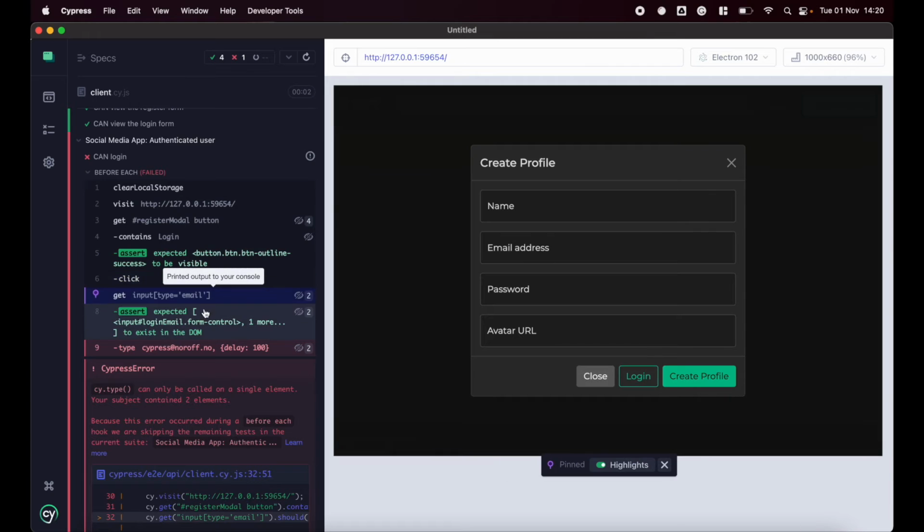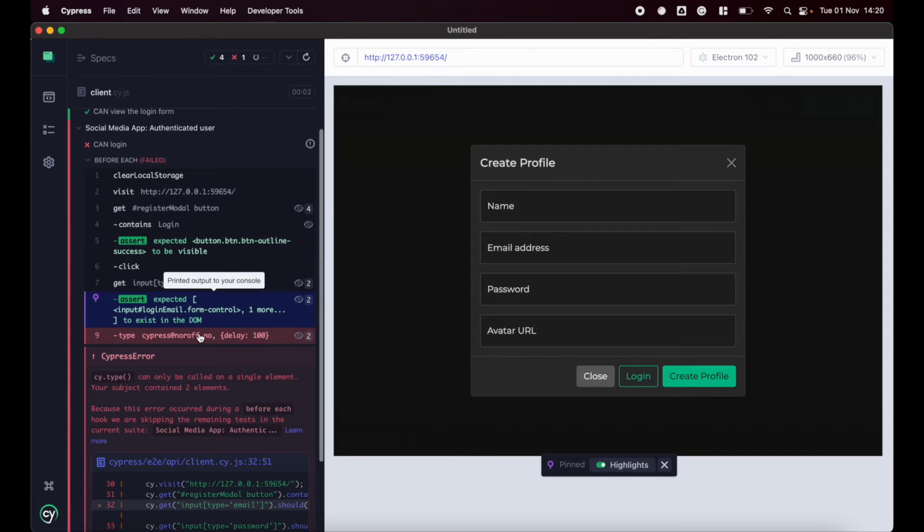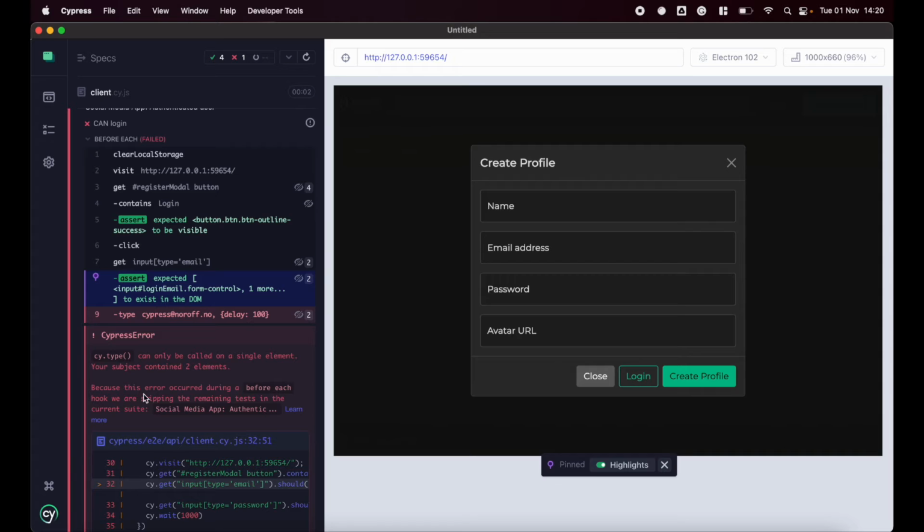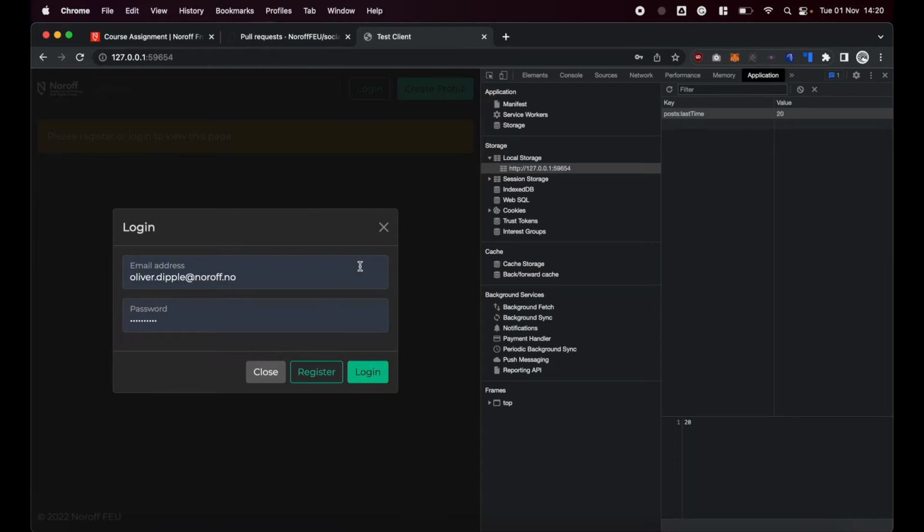Click that button. It then says that it got the email input and failed to type. I don't know why it would fail to type. It's finding 2 items, so